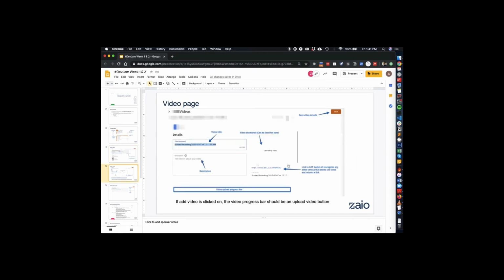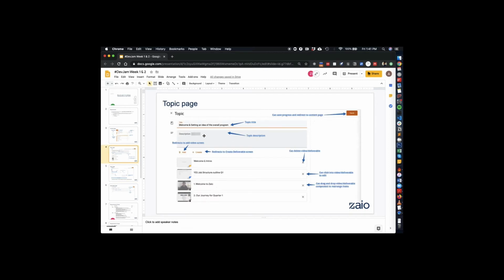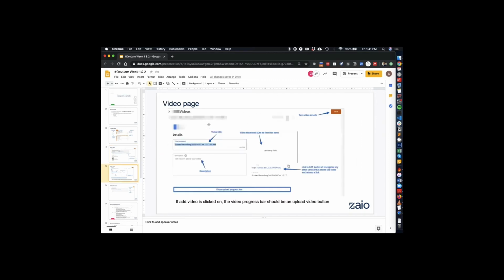Okay, so the video page. The video page, as you can see, is quite rough. Similarly, you can reuse the components over here and build the screen, right? But basically, what it needs to have is the title. The video needs to have a title. It needs to have a description, and then if you're clicking on add video over here, it should essentially just